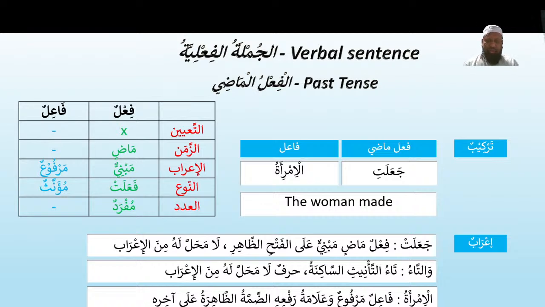And I mention one thing here, just remember, any ism that starts with a hamza, starts with the alif or the hamza. Sometimes this hamza is called hamzatul wasl, and sometimes it is called hamzatul qata'. So this imra'atun, the hamza there, is hamzatul wasl. Means if there is no alif lam before it, for example, say